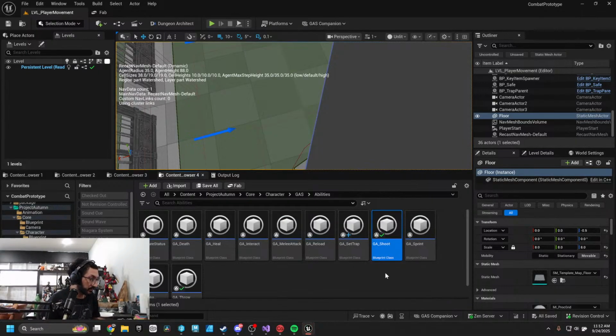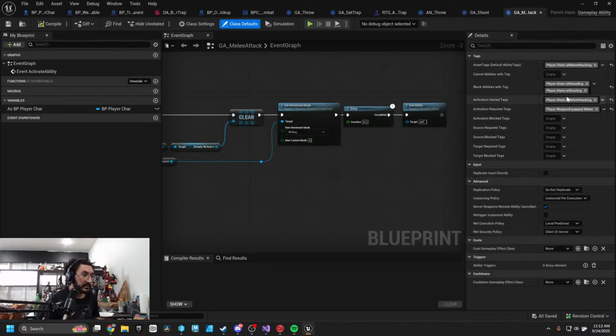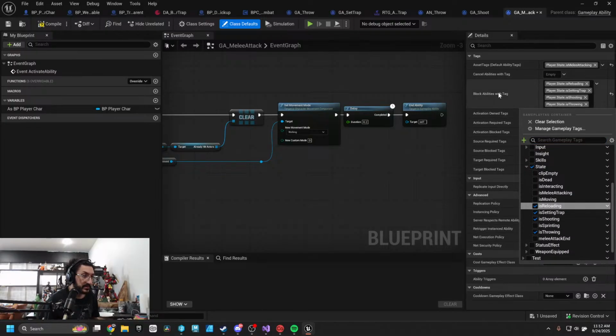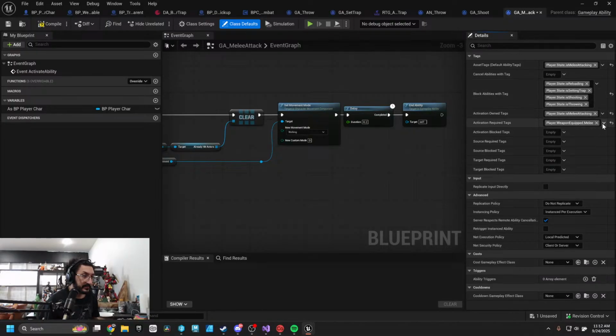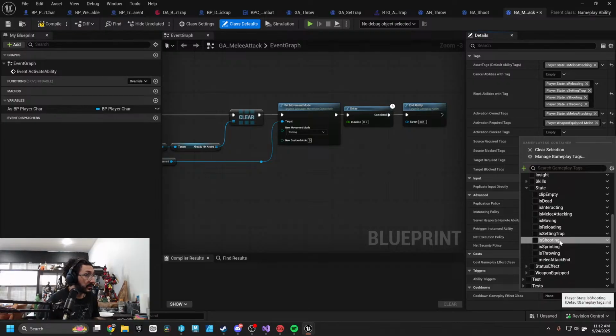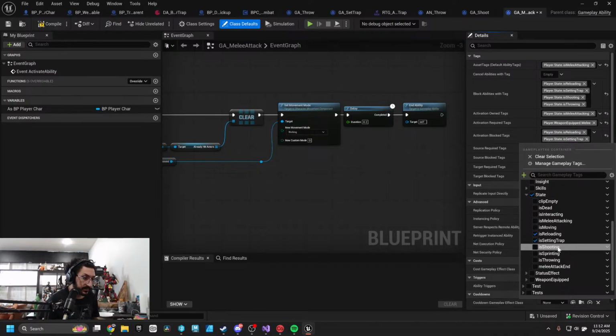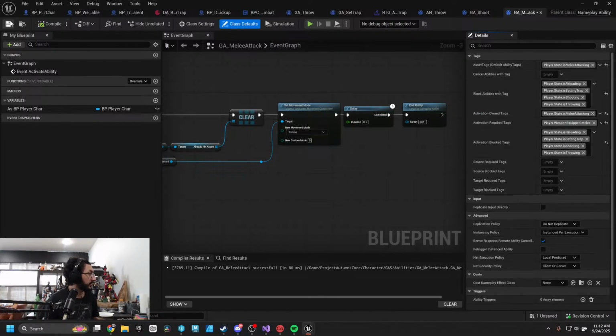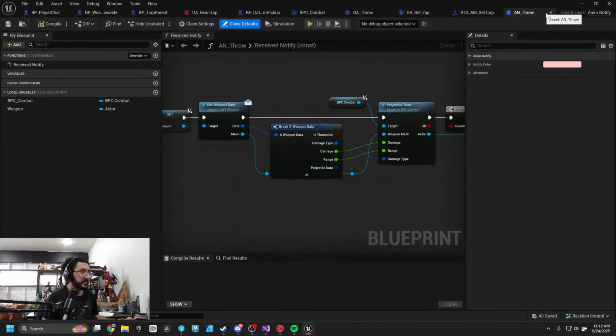And also on melee attack, block abilities, attacks, is setting trap and is throwing, and activation. Activation blocked tags, player state. This is melee, so is reloading, is setting trap, is shooting, and is throwing. Okay, save. Okay,